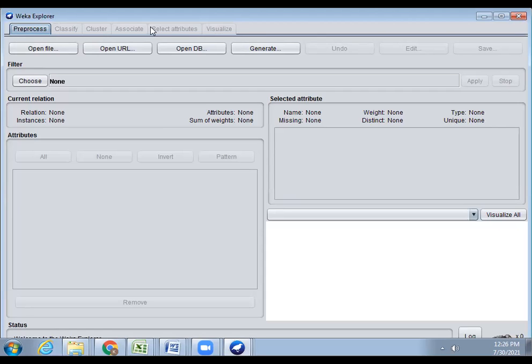Here there are several tabs: pre-process, classify, cluster, associate, select attributes and visualize. These are the several operations that can be performed inside the Weka tool. This is one of its properties: when we open a data set, these other tabs will be enabled, otherwise they stay hidden.